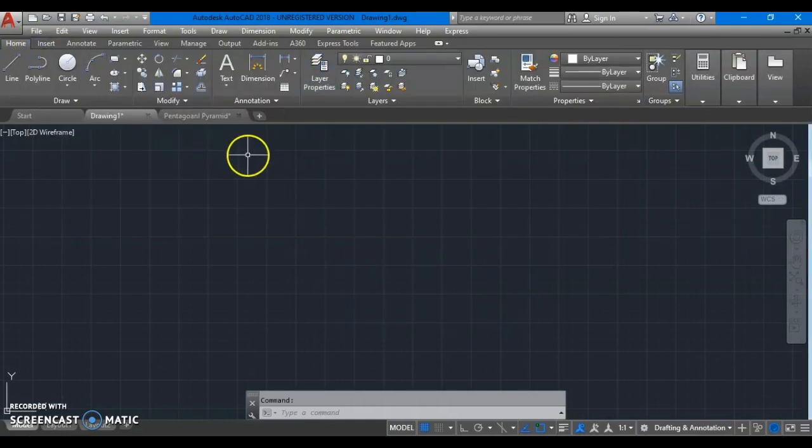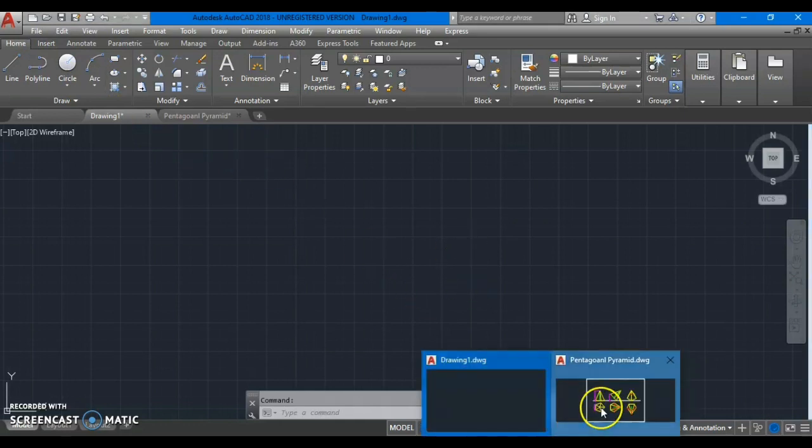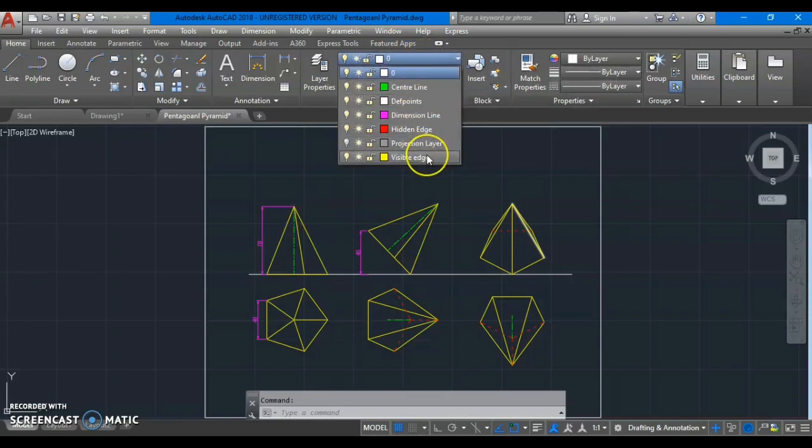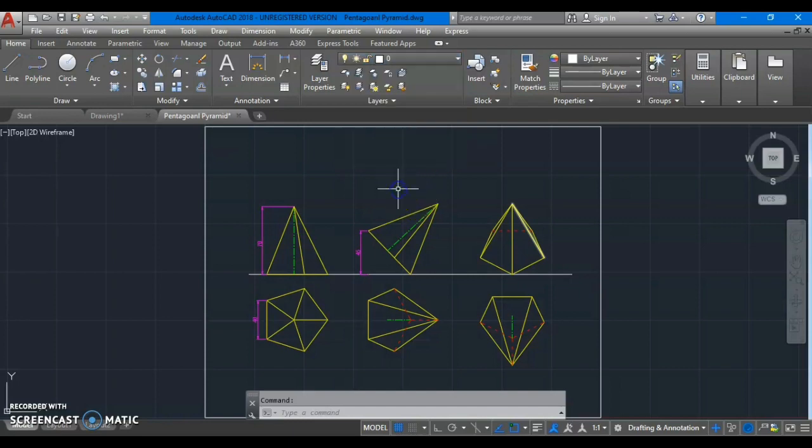Now there will be a question: why do we give layers? Let's look at the object over here. I have given different layers and different colors. How do I give them? See, first of all, in my layer menu, I can see different layers over here. Now what is the use of this? See, if I draw a line like this,